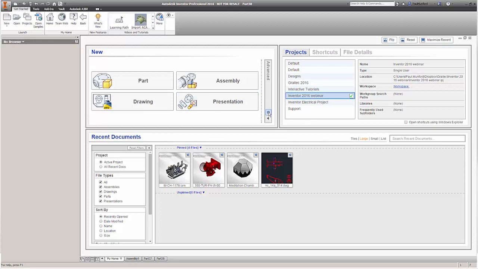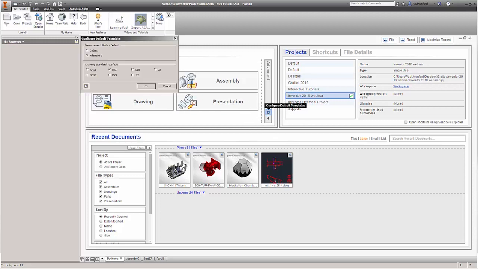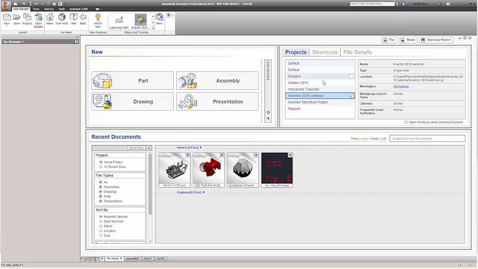And just to show you the cogwheel thing here, if we click on the cogwheel, we can choose what kind of measurements we want to use. So if you need to configure your default template, that's where you do that. Up here we have projects. Now I think this is incredibly useful,